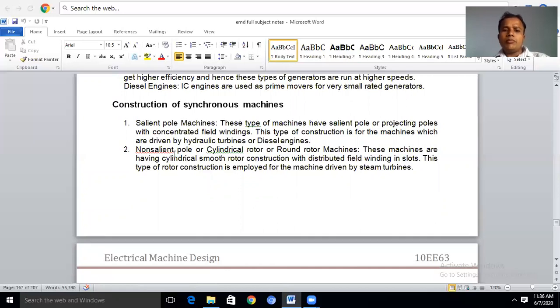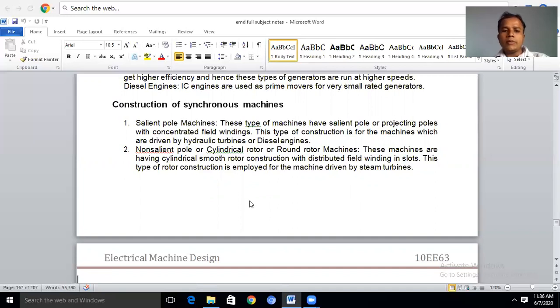Coming to the non-salient pole, cylindrical rotor. These machines have a cylindrical, smooth rotor construction. Whatever the rotor construction is, it is cylindrical. Again, we have seen that in the salient pole, the air gap is non-uniform, whereas in the cylindrical, the air gap is uniform. So the rotor construction is very smooth, cylindrical, with the distributed field windings in the